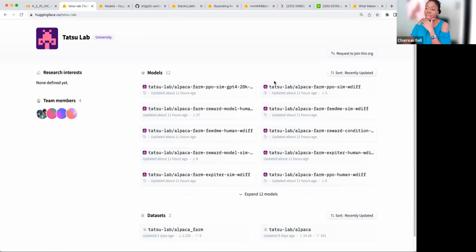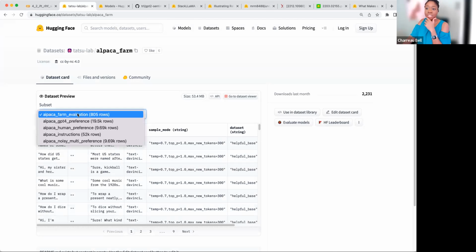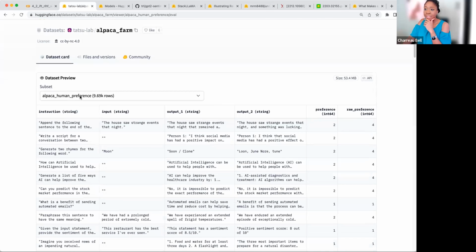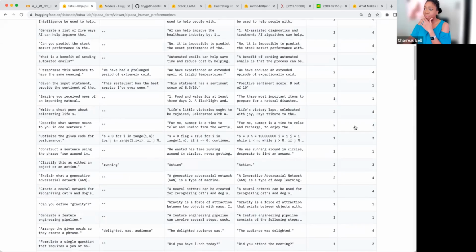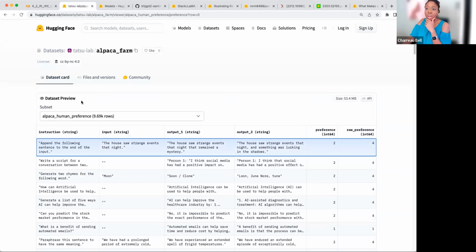Also, if you go and ease on over to the lab that created Alpaca, they have this AlpacaFarm thing, which is super cute. But they have a different kind of formulation of this data set, and they have different subsets which reflect the different parts of training that you might want. So for example, you have this preference. And so here is how you might think about training a reward model, these values associated with the preference or the raw preference. You might have to read the paper to decide what these different values are. But you can also use these as well.